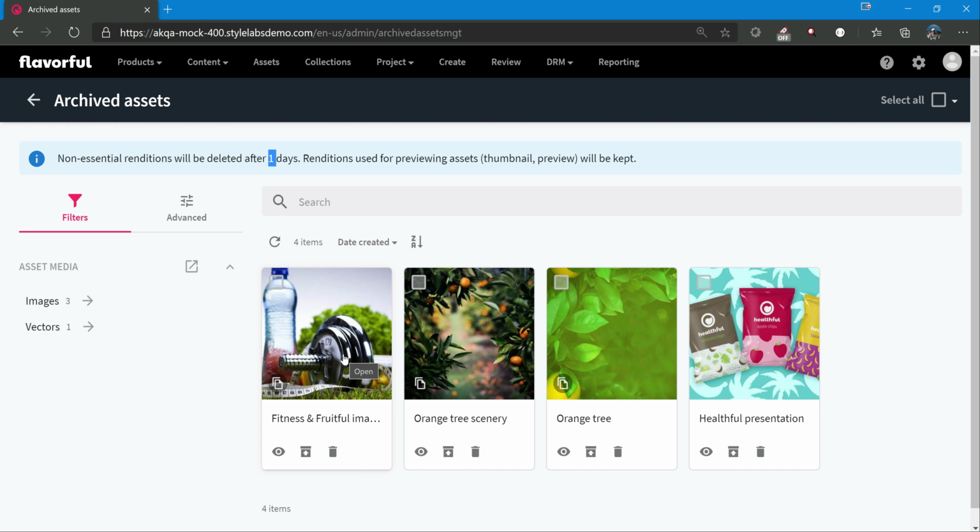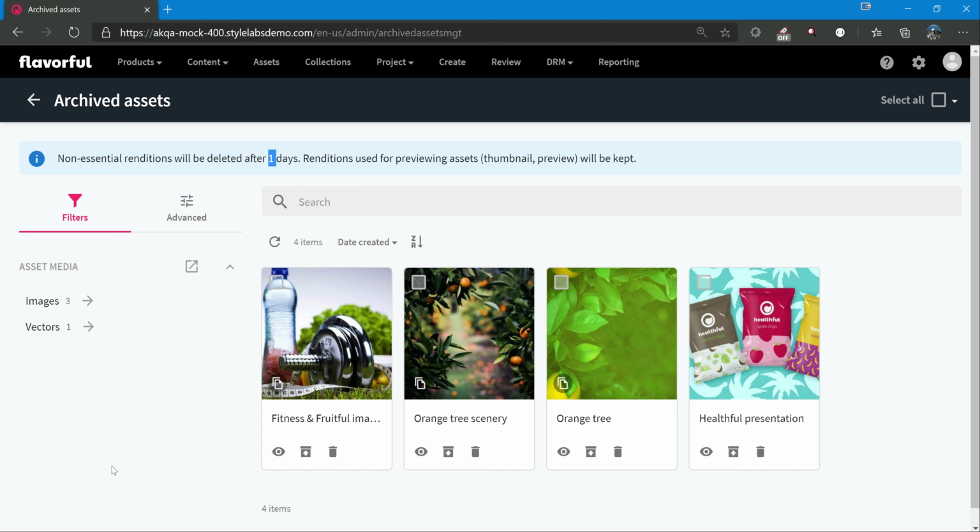So when we are archiving an asset, all these non-essential renditions will be moved to cold tier. Only the essential renditions are kept, which show the thumbnail, and even on the detail page it would show one more preview and one small thumbnail.